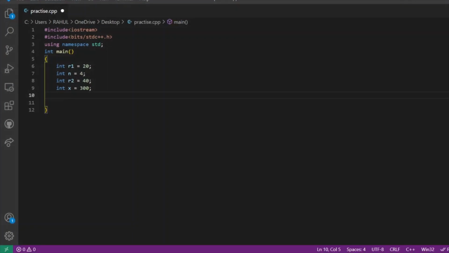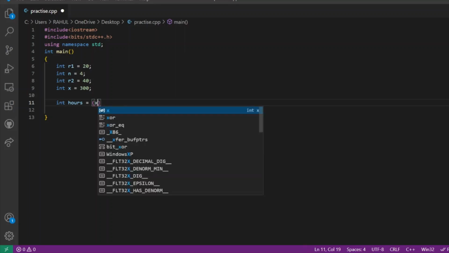So first of all, the inputs that are given to us are R1, R2 and X. What we will do is take an hours variable, which will calculate the hours value in round off, which means we have to calculate the ceiling value. So what is the technique that we'll apply over here? We will take X,